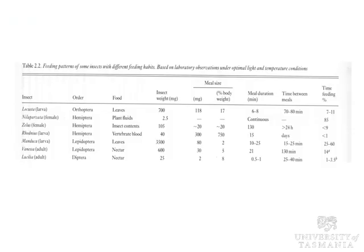The other thing I want to look at when it comes to feeding in insects is how they feed, the behaviour during feeding, and I'll use a number of examples to illustrate those as we move through this table and revisit it. Oh, no, I don't need to revisit it, I've got only one picture there to show you. So we'll start, let's say, with